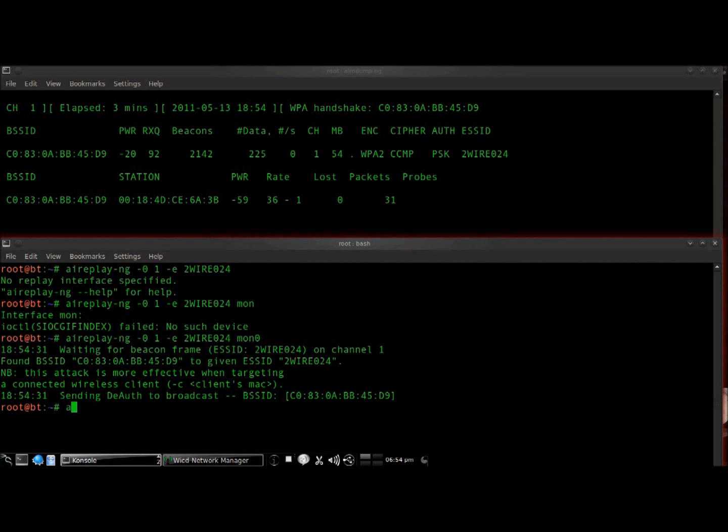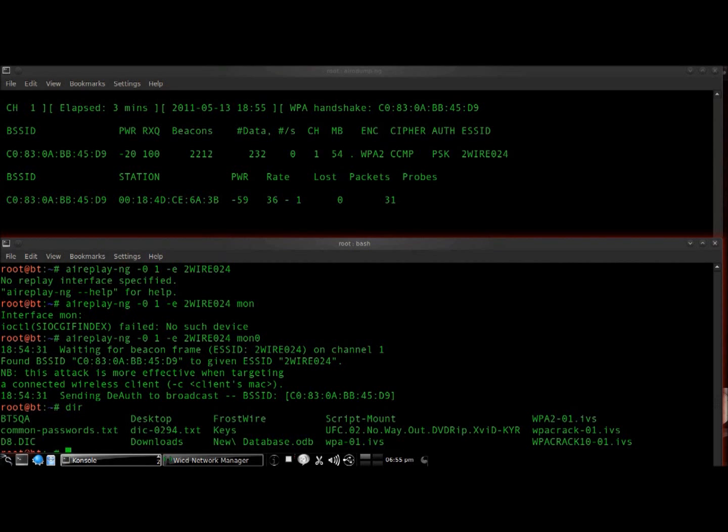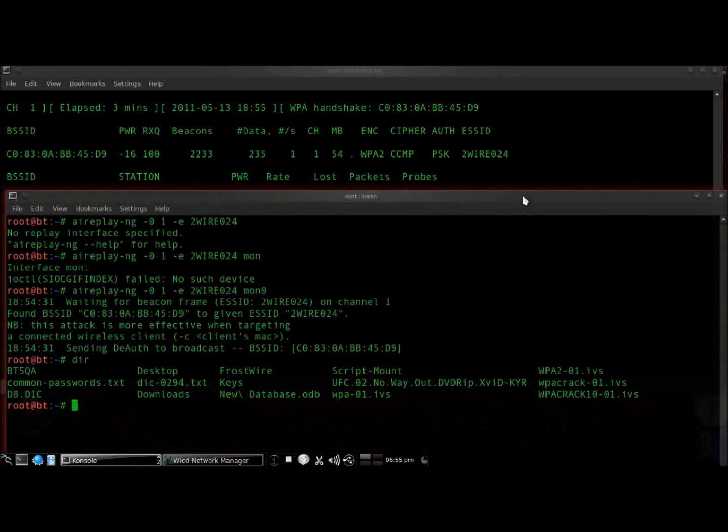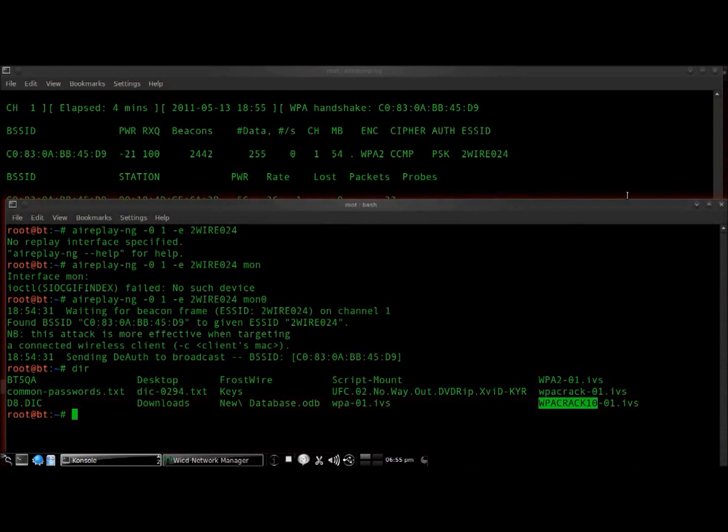We're going to go ahead and run our aircrack. But actually, before we do that, I'm going to run dir. And as you can see, here's my WPA crack 10. And you'll notice that it puts a dash and a 01. Now, I didn't do that. That's something that Backtrack does automatically. So just be aware of that. Anytime that you specify a file name, it's going to put a dash and then a 01. And if you do another one with the same exact name, it's going to put a dash 02. So just so you know that. All right, so here we go. I'm going to go ahead and do a